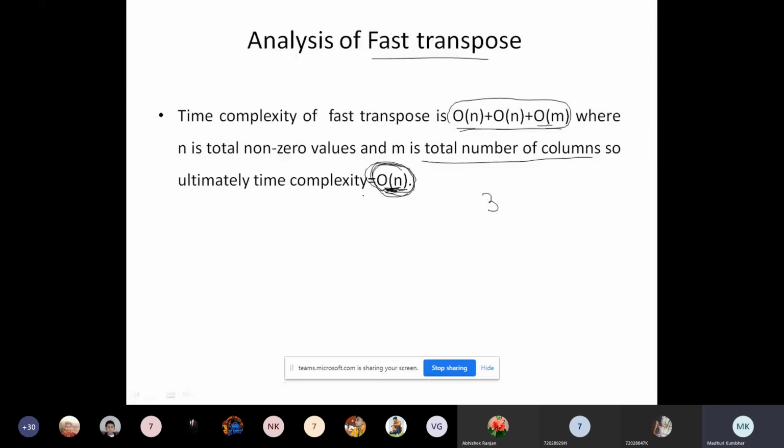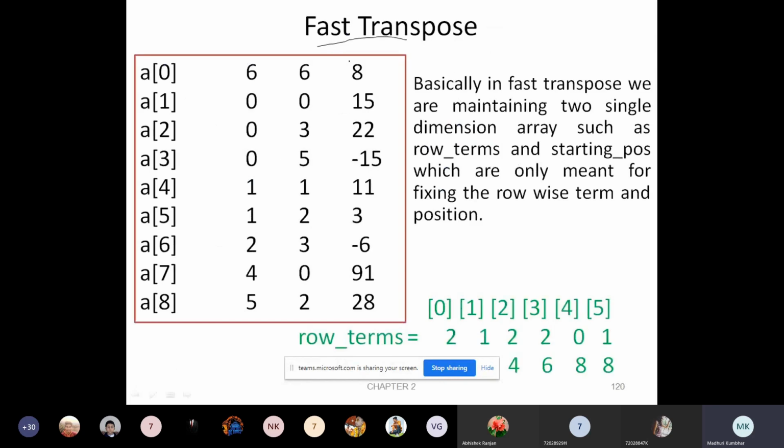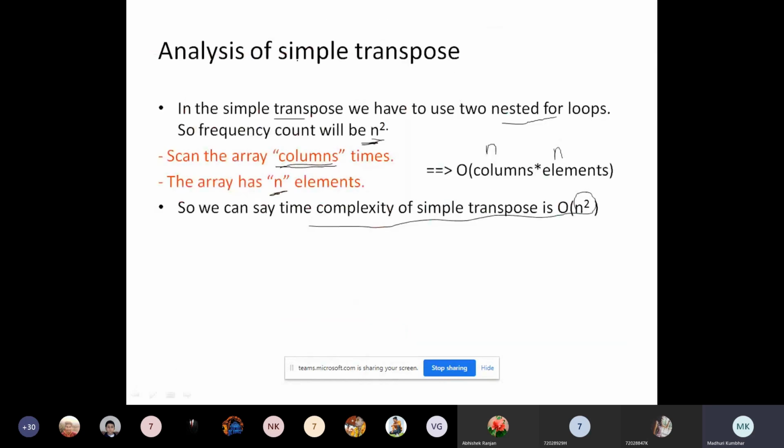Finally, if you come to the conclusion, it is O of n. And that's why generally these methods of fast transpose of sparse matrix are used in your software for performing the transpose of a matrix. Clear with this? So in the exam, the question may be asked, explain the fast transpose algorithm or explain the fast transpose of a sparse matrix and comment on the analysis of sparse matrix. When it is asked for the comments on analysis of sparse matrix or simple transpose, it is